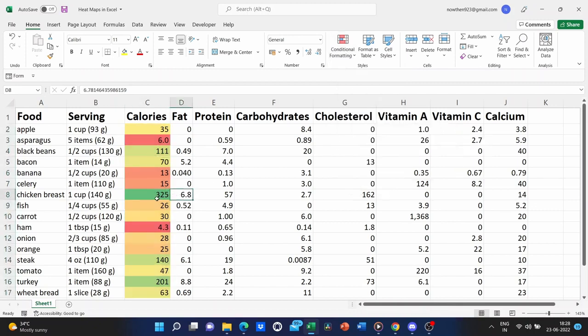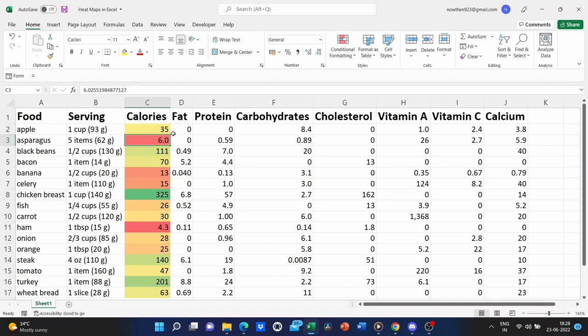Now it works beautifully. I can just glance at this and I can see right away that the chicken breast has the most calories out of this list of foods. As you can see, some of the serving sizes are a little off, but I can also see right away that asparagus is very low in calories.